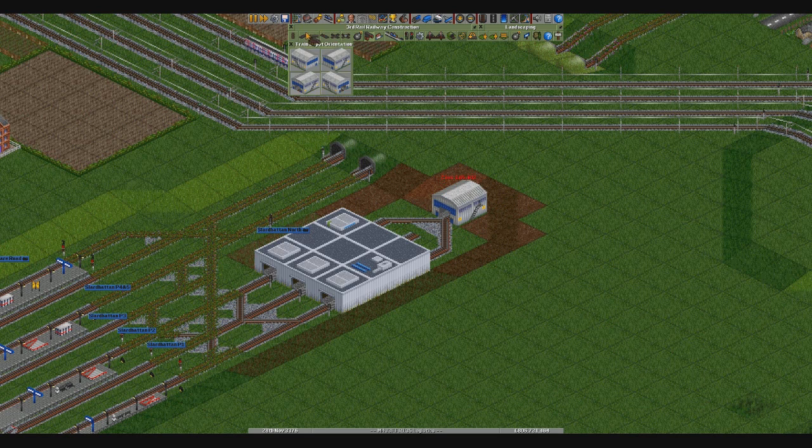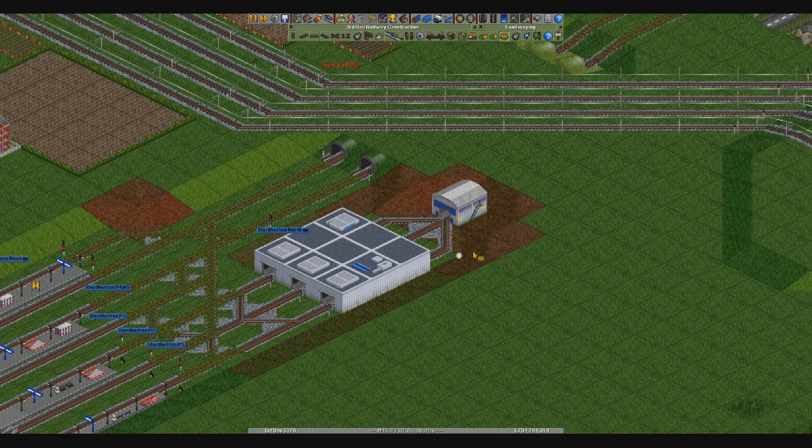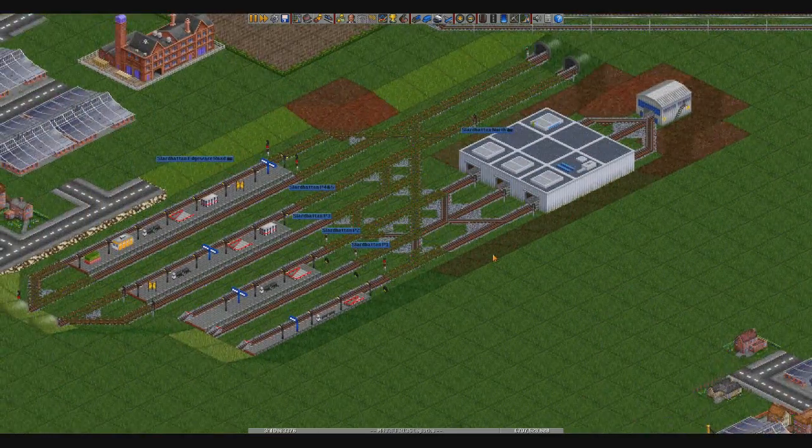Like that. And then just fill in that gap there. Perfect. Okay, let's get some trains out, shall we? We'll just lift all the land up again around here that we don't need lowered anymore. Perfect. Right. Now,